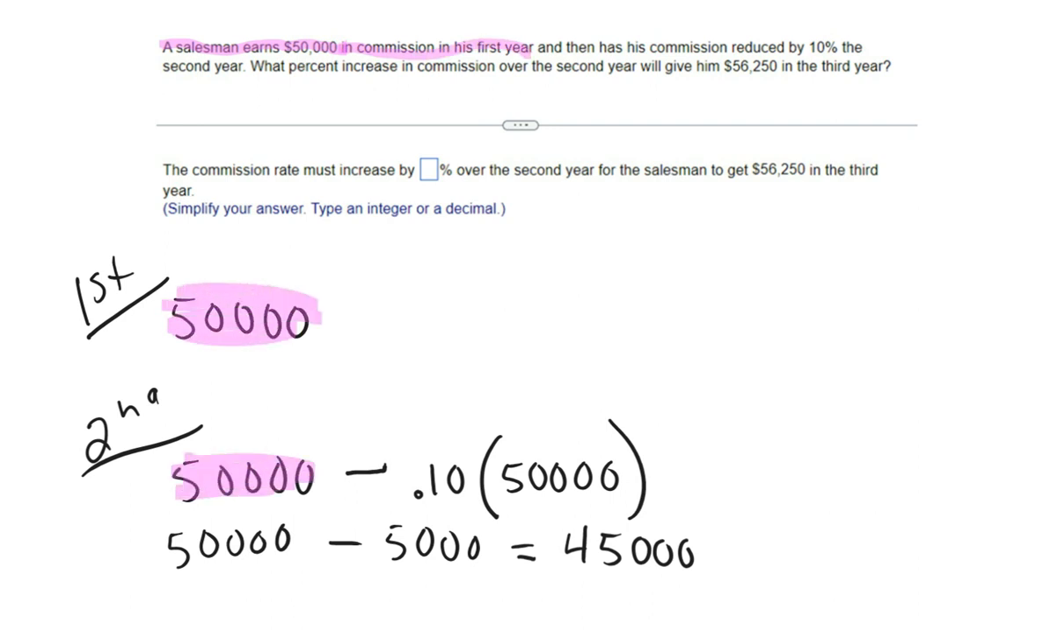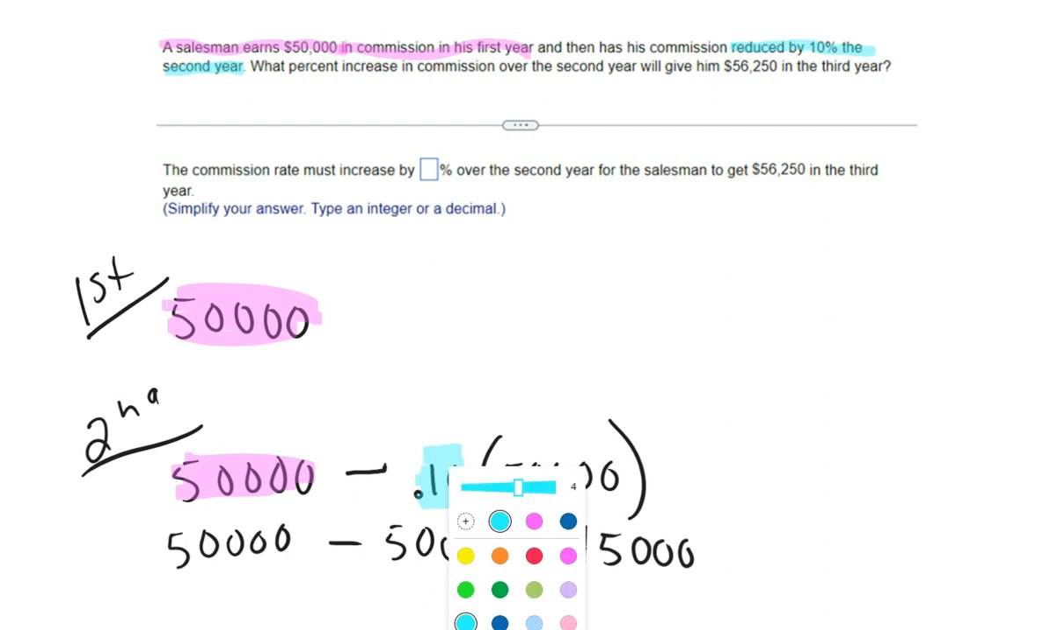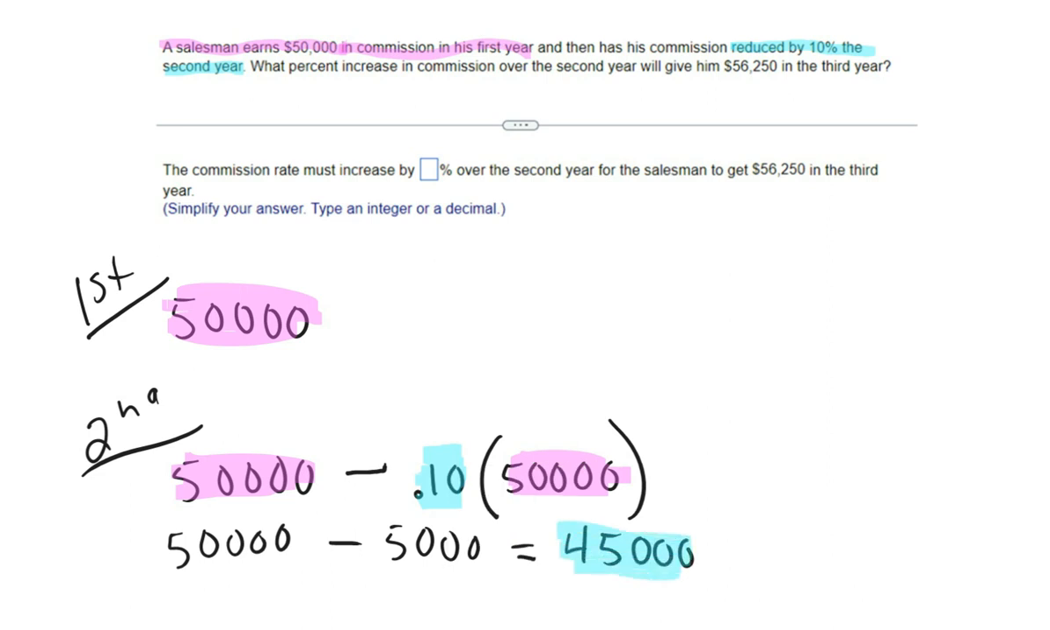Then his commission is reduced by 10% the second year. So you take 10% of the $50,000, which ends up being $5,000. So now at the end of his second year, he is making $45,000 because that's 10% less. Okay, now we're up to the third year. What percent increase in commission over the